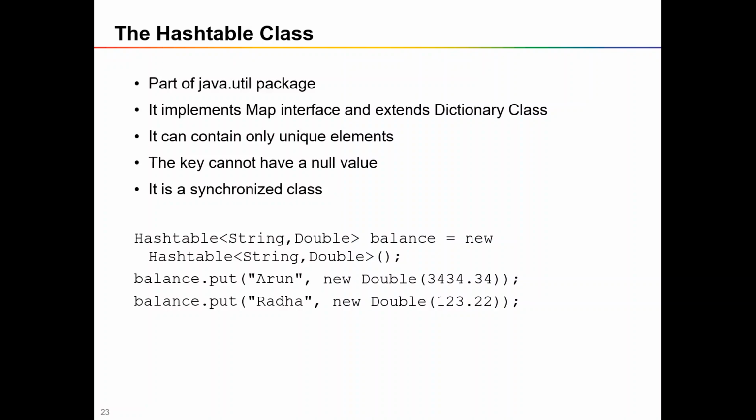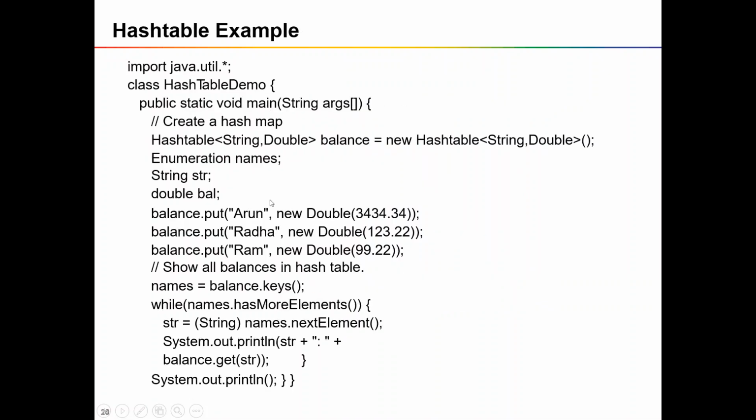For creating a hash table, the syntax is that we are taking a pair of data. The first one represents your key, the second one represents your value, and we are adding elements into the hash table with the help of the put method. Here we are creating a hash table, and for iterating the given hash table we are using enumeration, and here I have added